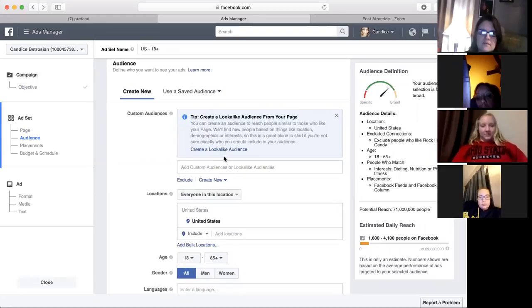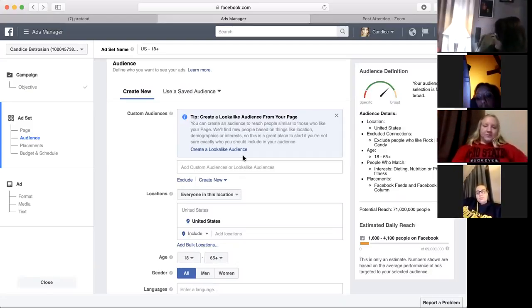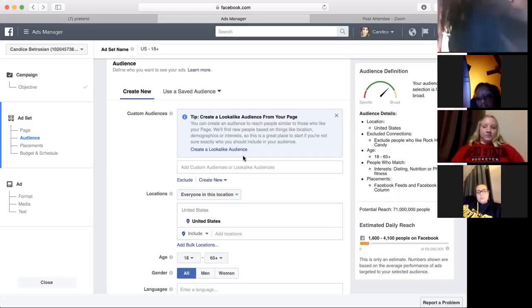Here it says you can create a lookalike audience. I'm just going to tell you what that is. If you have a bunch of email addresses from the people that you're targeting, so like I target a lot of moms, a lot of women between the ages of 25 and 45, that's my kind of genre. So if I had a bunch of emails, which I do, I've been getting more and more, I could create a lookalike, which means that Facebook would take the profiles of all those email address people